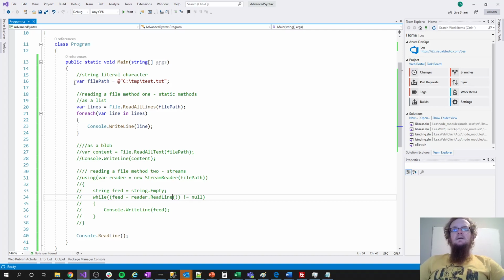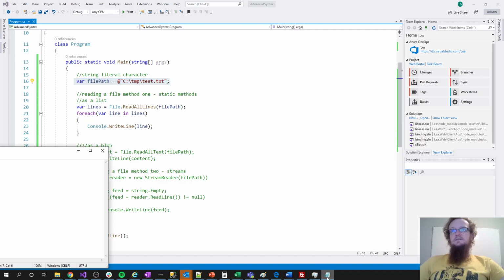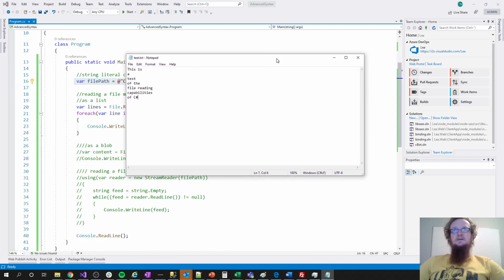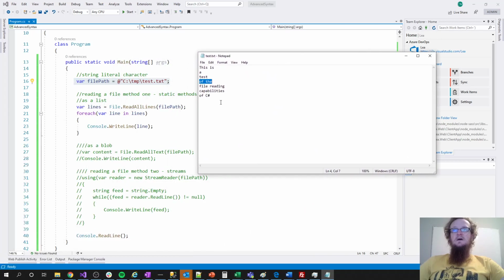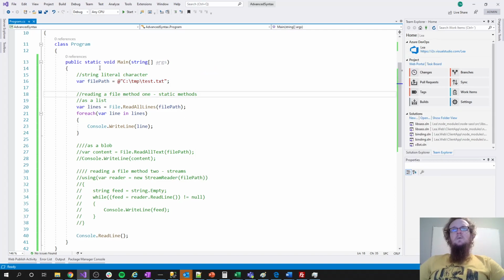So what I have here is a text file called test.txt. Here is test.txt. This is just some random text that I typed into the text editor here. It has line breaks so that I can show you how line breaks work. And if I make sure that that is saved and then I close that out, what we're doing here is